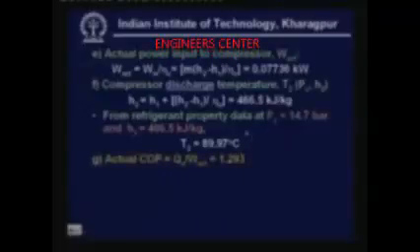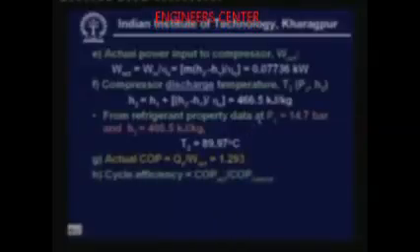So, finally, we have to find out actual COP. Actual COP is defined as QE by W actual. QE is 100 watts and W actual is 77.36 watts. So, you find that actual COP is 1.293, and the cycle efficiency is COP actual divided by COP Carnot, and